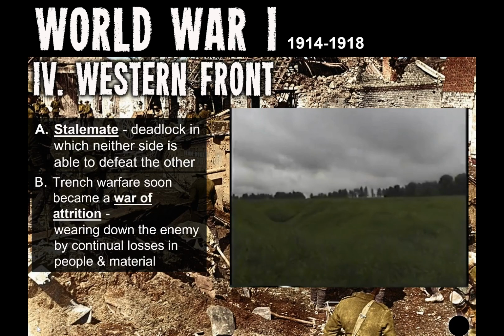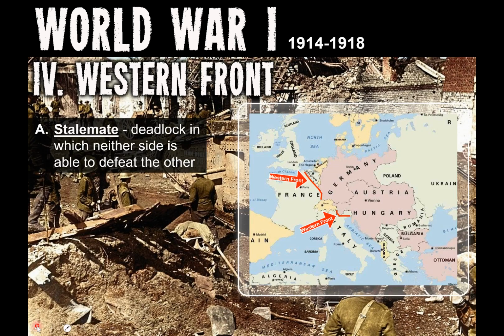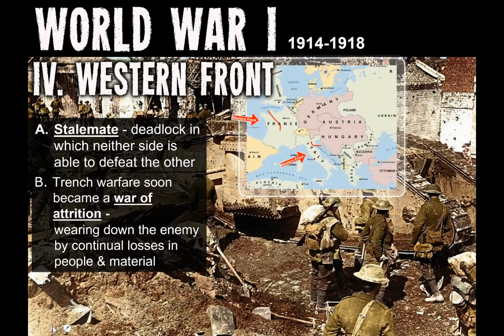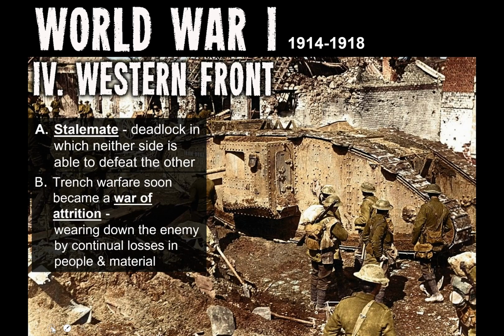Trench warfare soon becomes a war of attrition, as the battle lines don't move very much throughout the course of the war. A war of attrition means wearing down the enemy by continual losses. The space between the opposing trenches gains this grim name, no man's land. When an officer ordered an attack, men went over the top of the trenches into this bombed-out landscape, and they were met with murderous machine gun fire. But artillery fire also brought death right into the trenches.